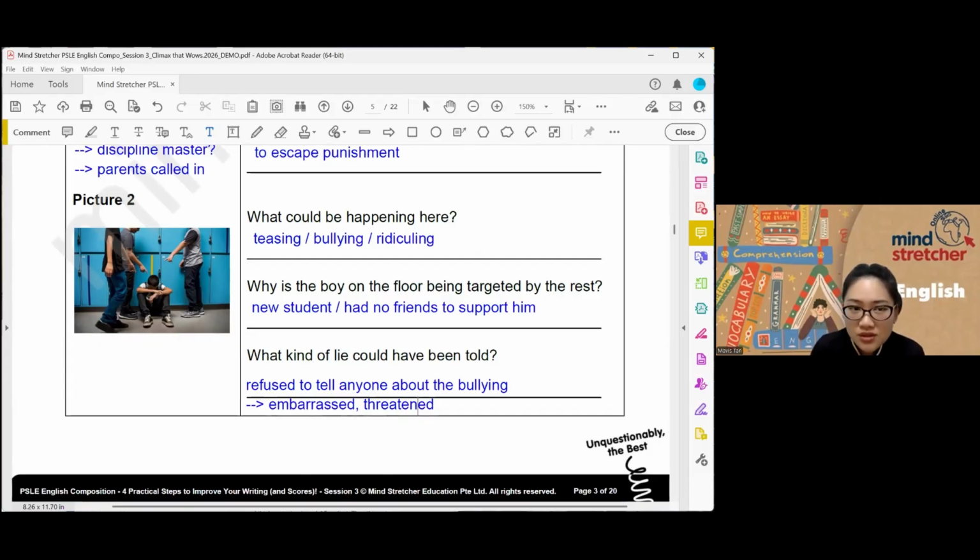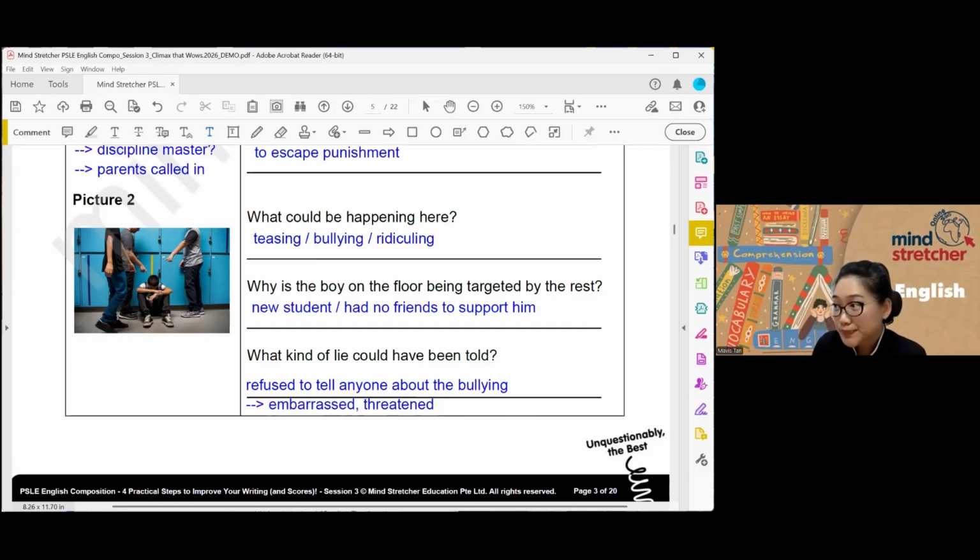Based on our first interpretation, this boy is the victim of some bullying or something bad, and he does not want to tell anybody about it, or he told lies about it, but it just got worse. What if this boy is actually someone who did something wrong and the rest are actually scolding him, or they caught him